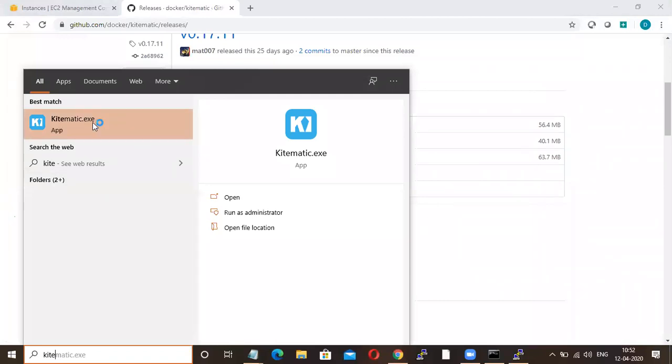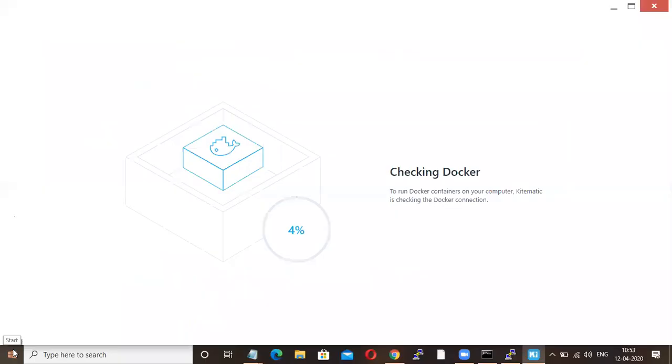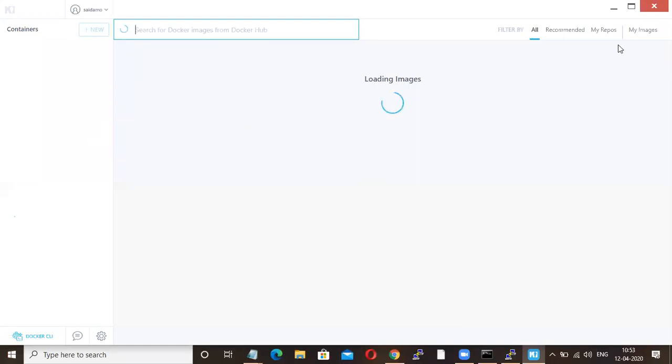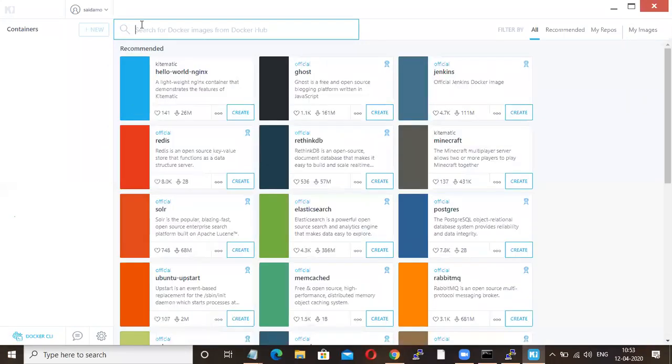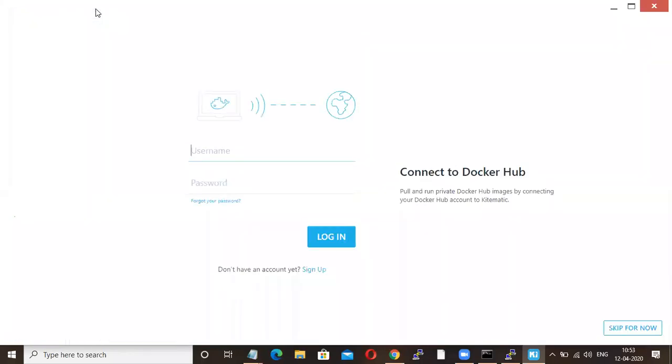So it will be like this. Here you have to give your Docker Hub username and Docker Hub password.